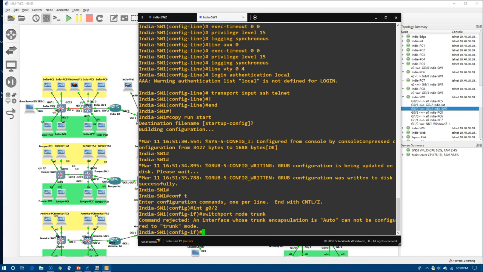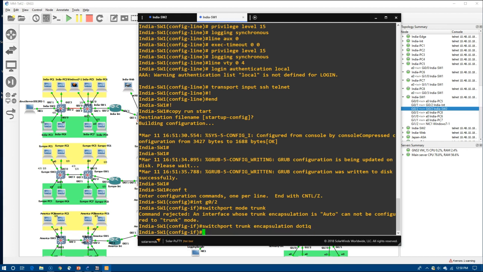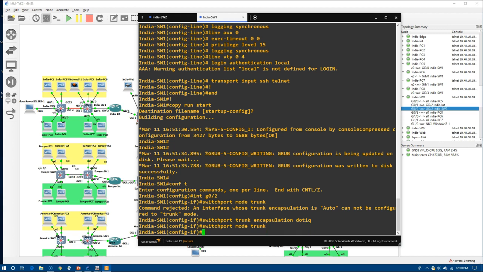And so what we'll need to do here, we'll do switchport trunk encapsulation dot1q, switchport mode trunk. Each different Cisco switch is going to have slightly different commands, and you can't really remember which one does which, or I can't. And so I just tried. If it doesn't work, there's another 2 or 3 different commands that I know that I can actually enter. So, okay, so now we have trunk port going between the switches from the perspective of switch 1,